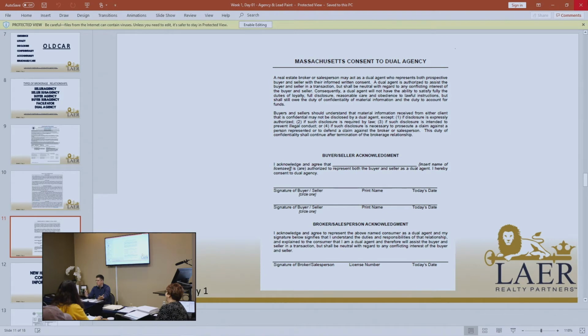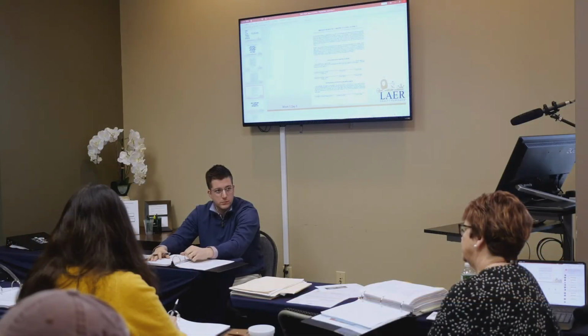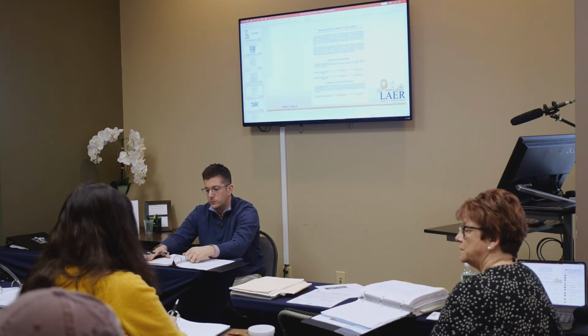So that's essentially my 2 cents. When you do a dual agency, you want to get this form, obviously, but you can feel free to add to it with a little short addendum. And that addendum is going to apply forever, so you only have to draft it one time, and then you've got it forever. Anybody have any questions on agency?